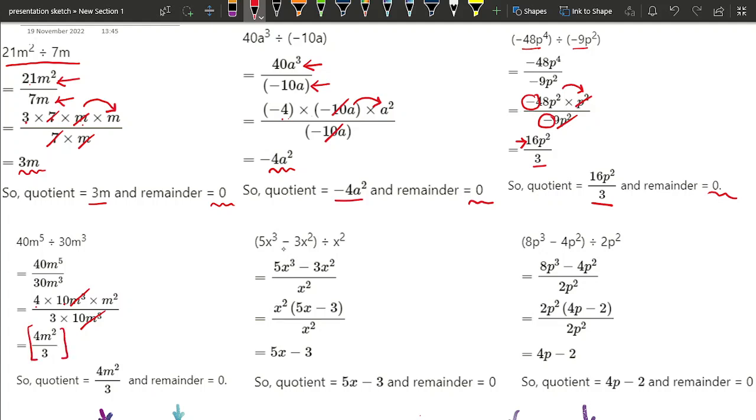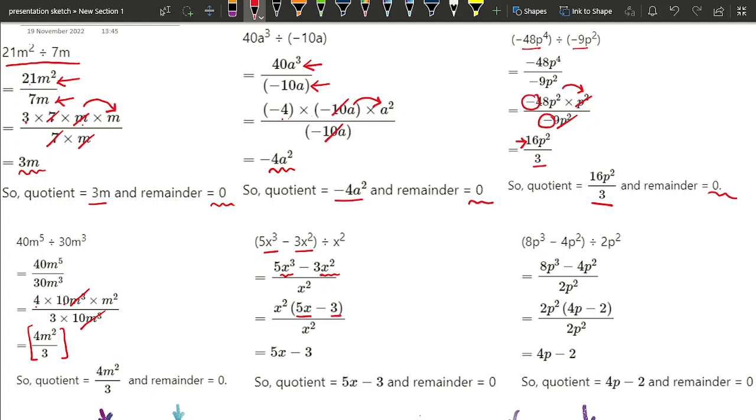And in the next case, there is a bracket over here, and in the first term 5x cube is present, and in the second term 3x square is present. Now x cube and x square, out of these two, can I take out x square common? Yes, I can do that. So what am I left with? If I take out x square common, then inside the bracket what will be left? Nothing but 5x